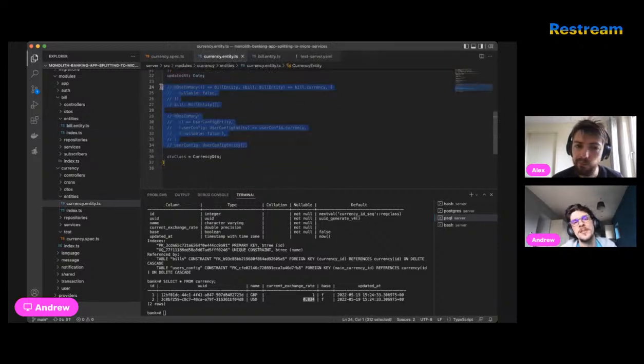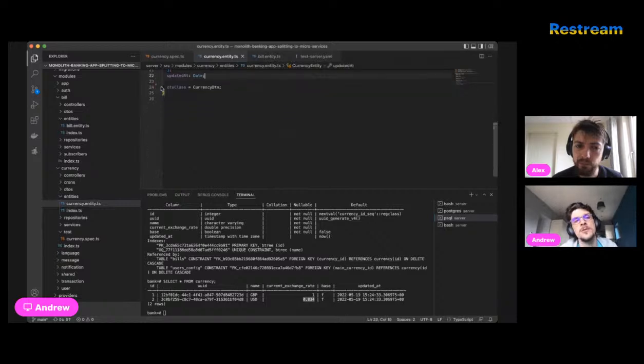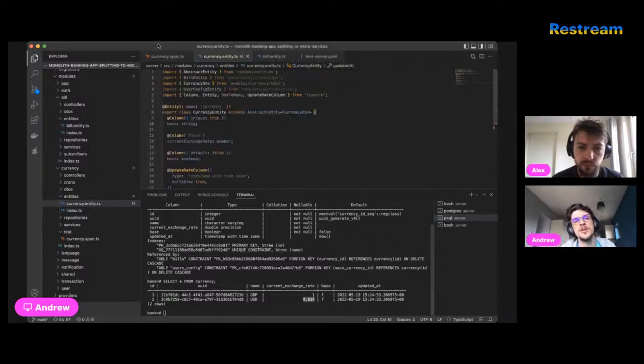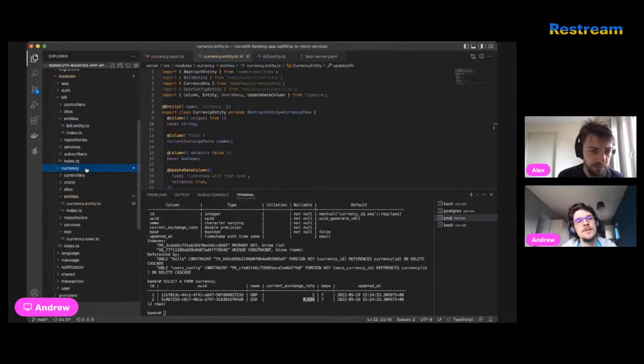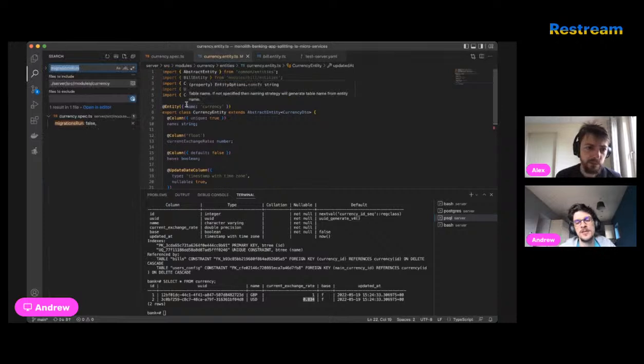This basically allowed me to remove anything related to other services. Do we know for sure that from the currency model we don't use this connection to bill entities? Yeah, I've been doing a search, I think. Yeah.